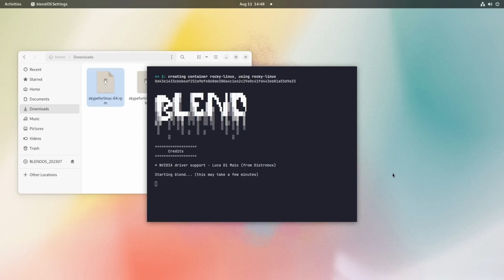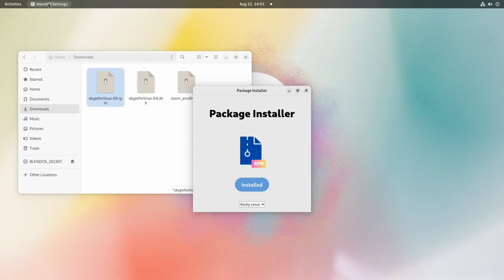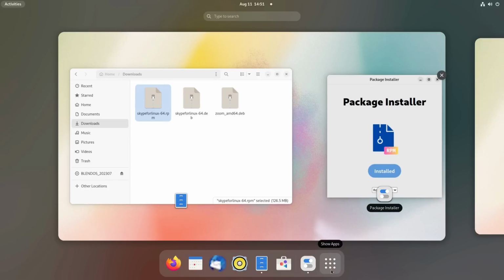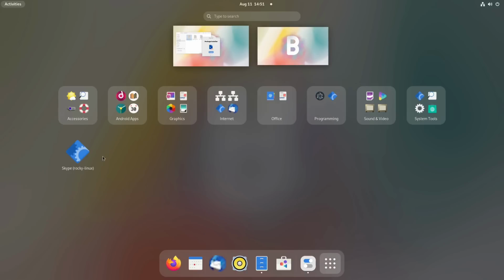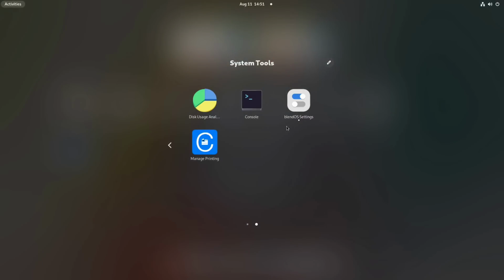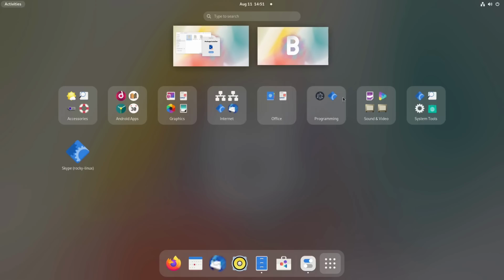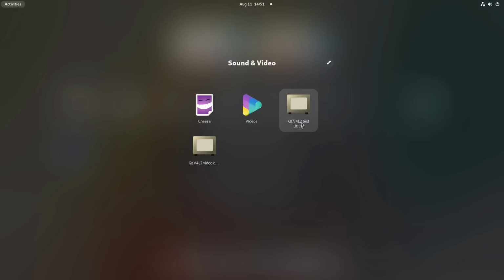So it will work out of the box, I hope. We'll see if we have better luck booting up Skype than we had booting up Zoom. It did give me a transaction failed, but it was the same Flatpak error that I saw in the past. Now we'll notice that my Zoom is now gone, and we'll see if we can track it down. And that's been replaced over by